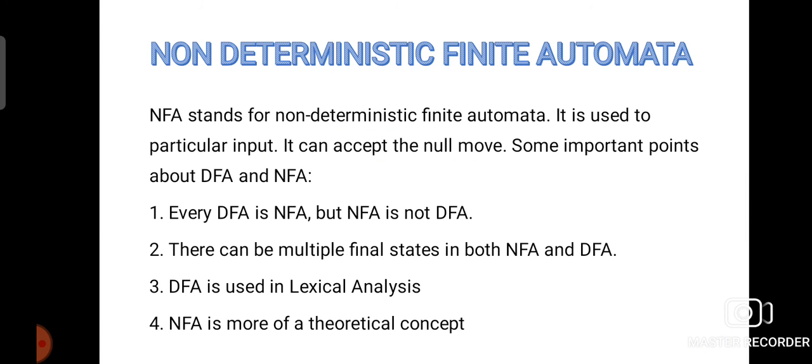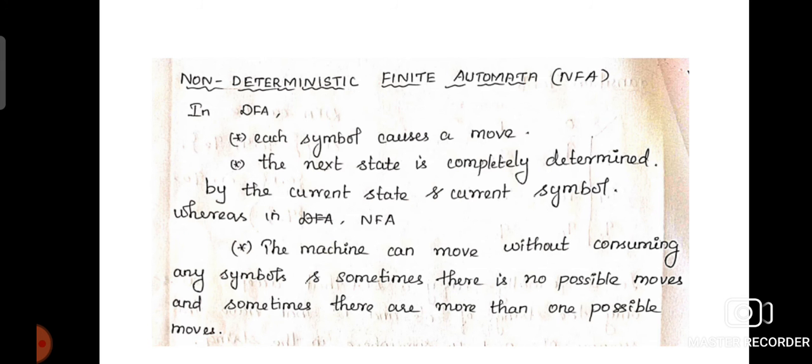And we can also see the common features of non-deterministic finite automata. So we can understand the features of both DFA and NFA by differentiating them. In DFA, each symbol causes a move. As a result of the consumption of each symbol, the system performs a state change. It is deterministic. And one more thing is, in DFA the next state is completely determined by the current state and the current symbol. But in NFA there are some more